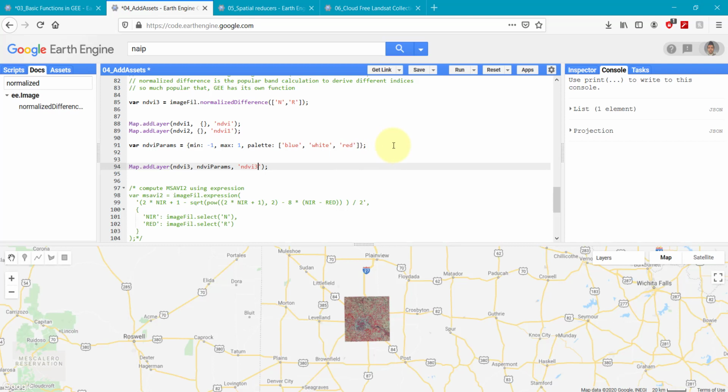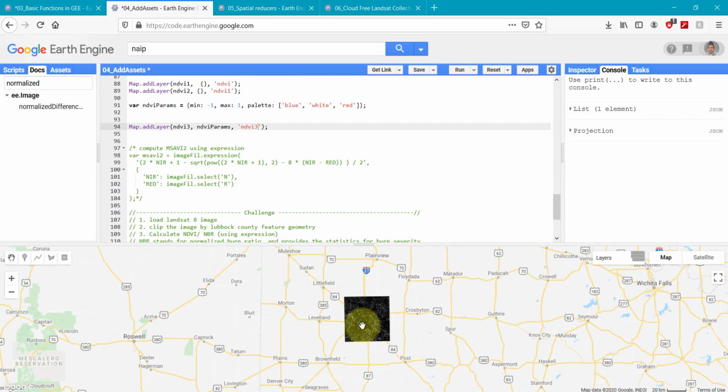Let's see how it looks. Let's run it. I have not covered the projection information. Here I've commented it out; it can be supplied when we export our image. So when we export after the classification, we will cover the projection system there. So now we have the NDVI